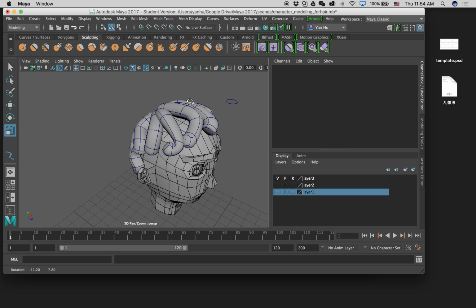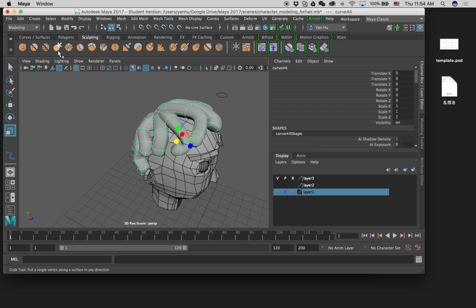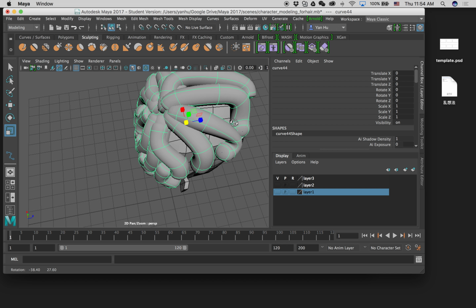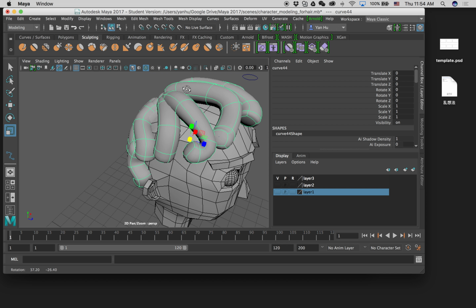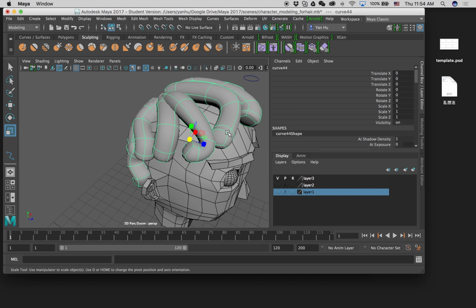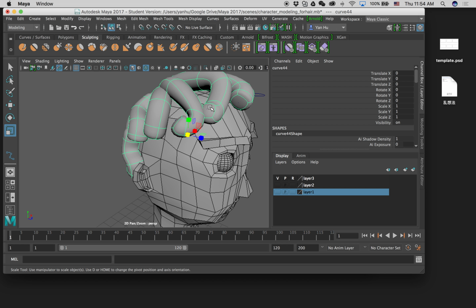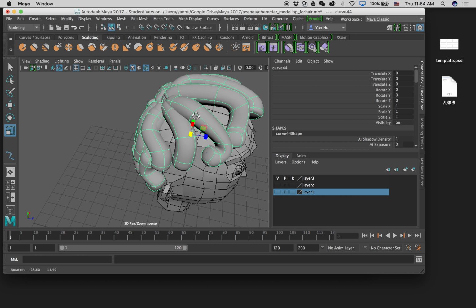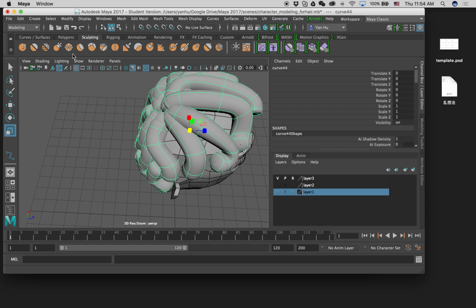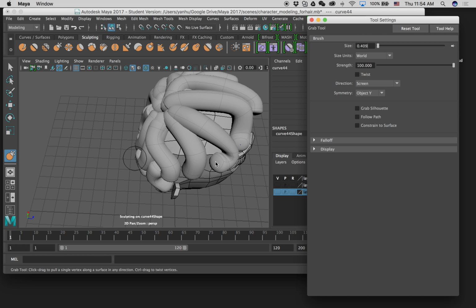When you are sculpting this, usually the starting point is thicker and the end is pointy. Right now the end point is pretty big too. So what you can do is you go to the sculpting tool, and when you open the sculpting